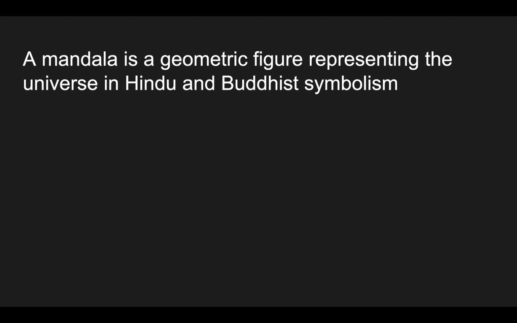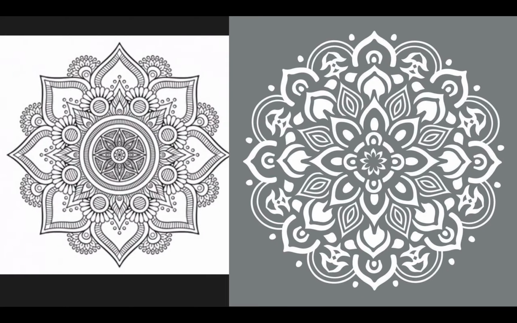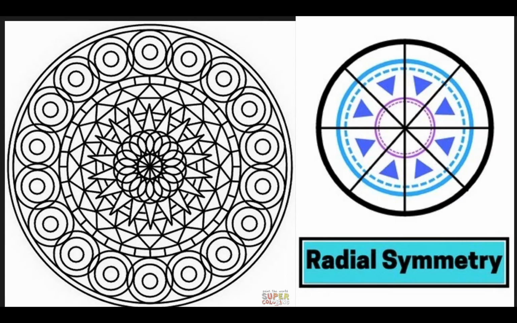Mandalas are a type of art that comes from India, and it is a geometric figure representing the universe. So it's usually a Hindu or a Buddhist symbol, but it represents the universe and how entangled and entwined everything can be. So we see here some really beautiful floral patterns and a lot of geometric shapes that represent radial